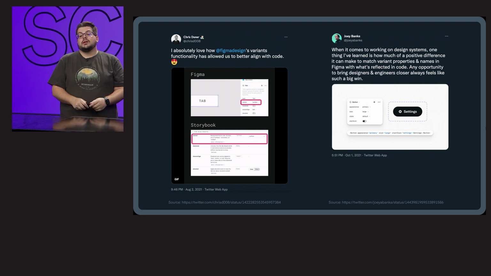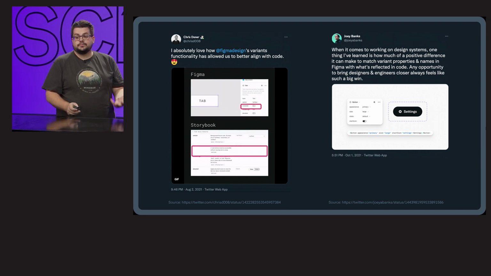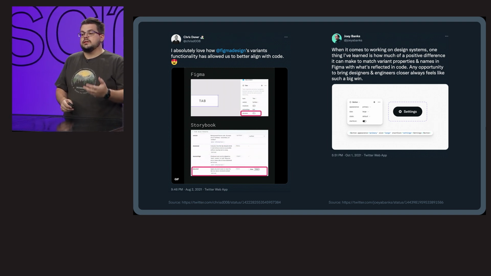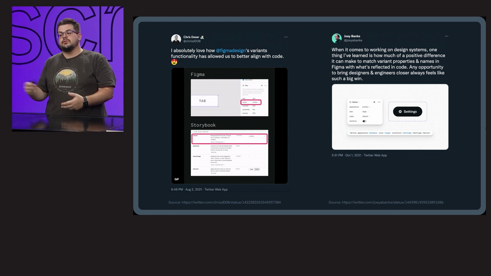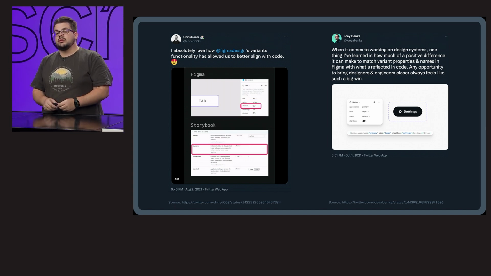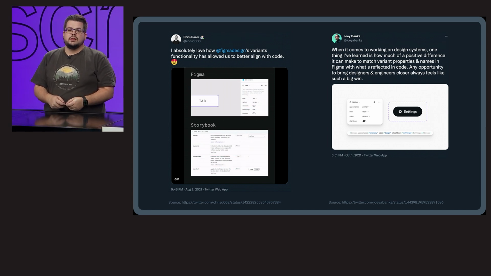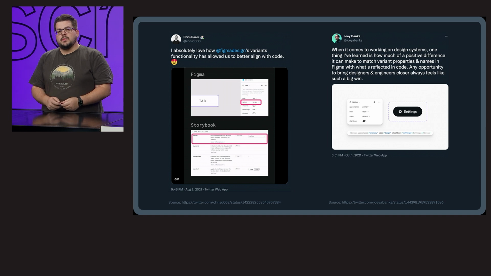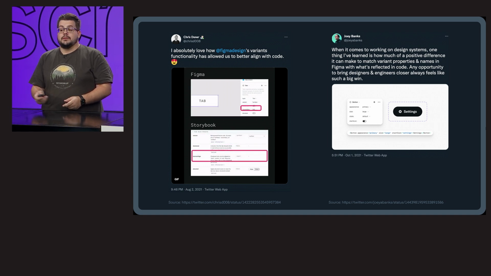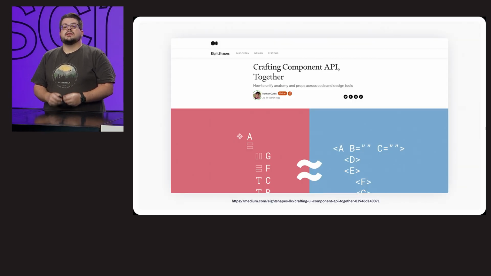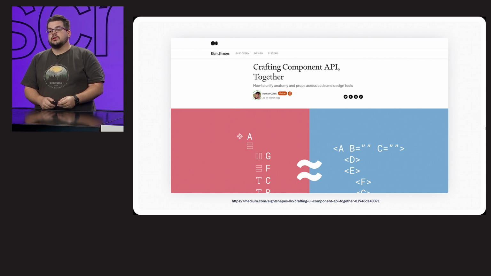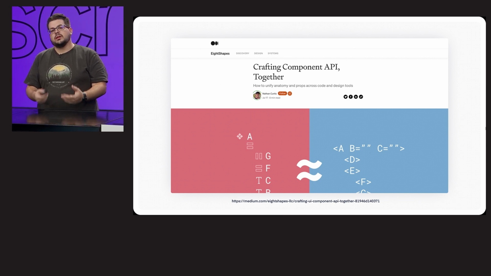There are a few nice threads on Twitter. One is from Chris, and the second is from Joey. And there are a lot of opinions on how to do these things, and a lot of ideas how to align API between these tools. So I recommend going there and checking them. There is also an excellent article from Nathan Curtis, Crafting Component API Together, describing how these components differ, what the similarities are, and how teams can approach